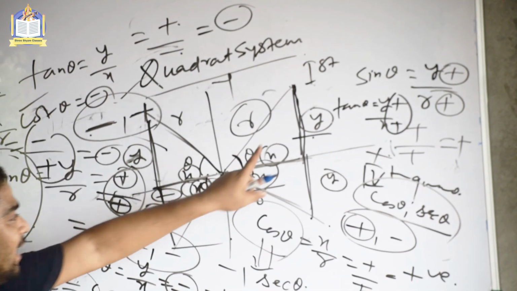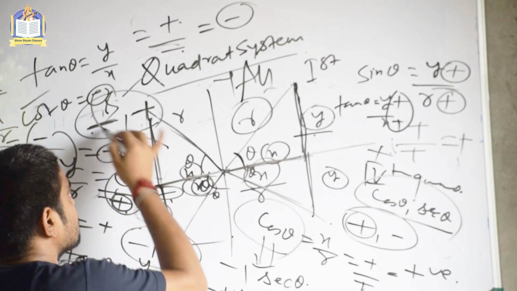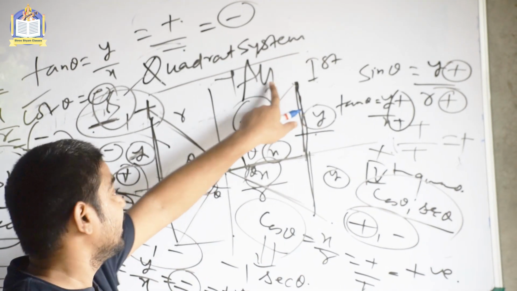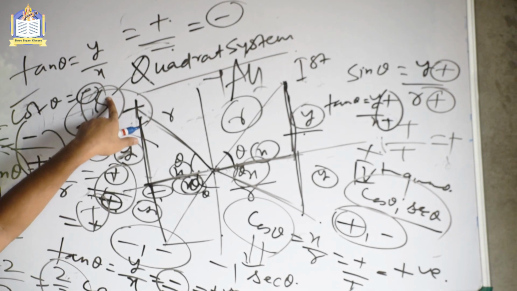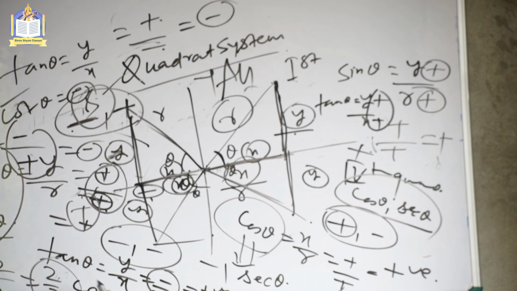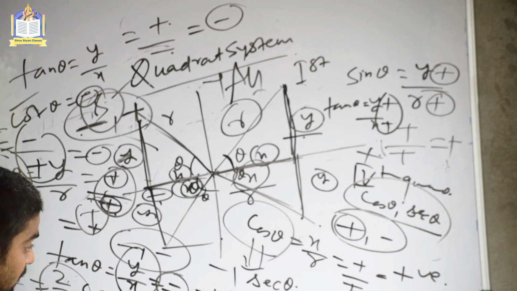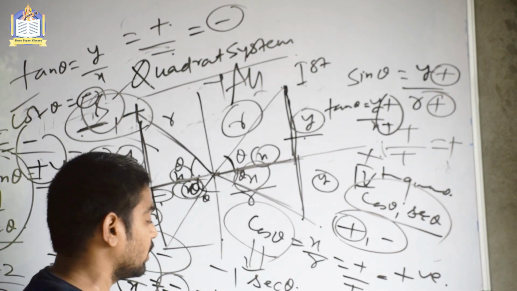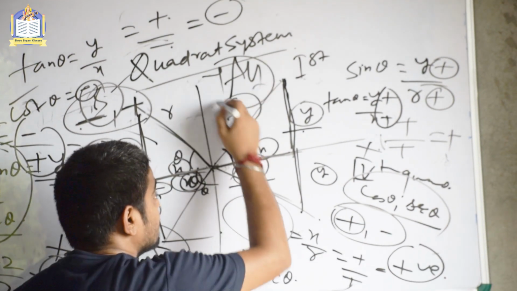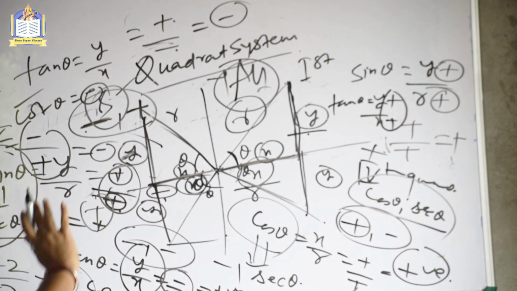In the first quadrant, every trigonometric function is positive. This is "All Sin Tan Cos", which we have read from school to college. In the first quadrant, all trigonometric functions are positive. In the second quadrant, only sin theta and its reciprocal, cosec theta, are positive. In the third quadrant, T stands for tan theta, just as we have proved. Only tan theta and its reciprocal, cot theta, are positive. In the fourth quadrant, only cos theta and its reciprocal, sec theta, are positive. So these are the concepts. Hope it's clear. These are the quadrant rules.